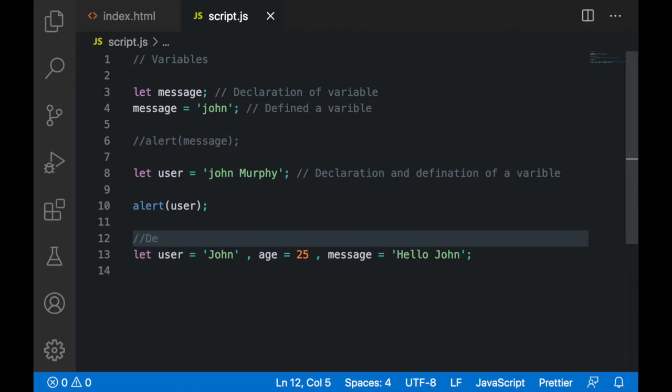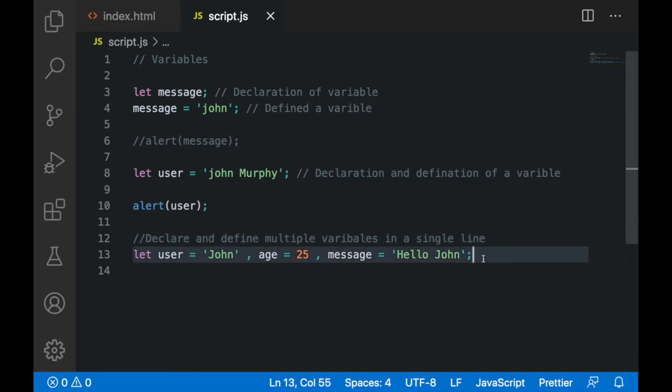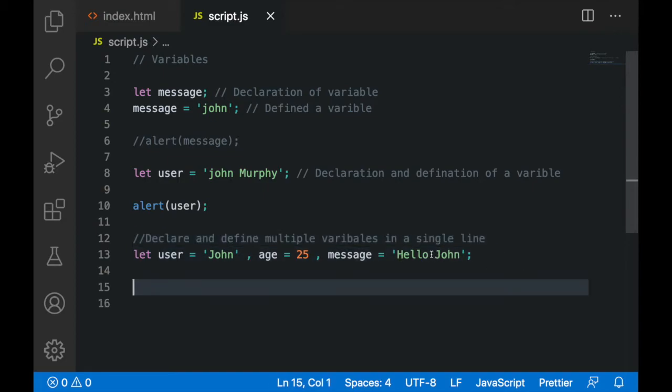I will write it here for your reference: declare and define multiple variables in a single line. So this is what I have done here. Let us use this somewhere.